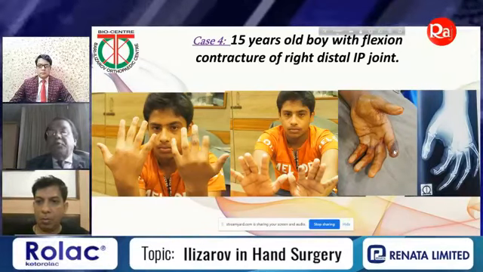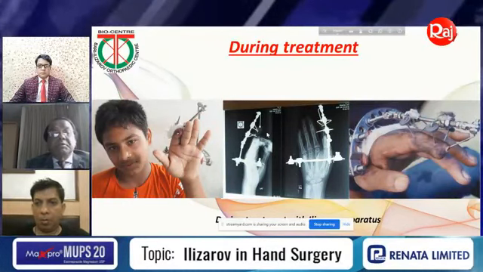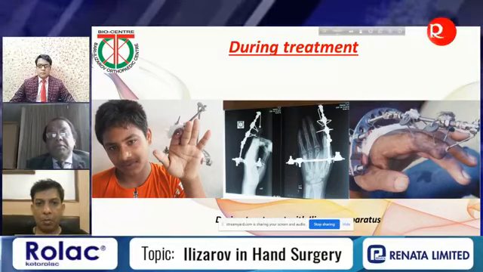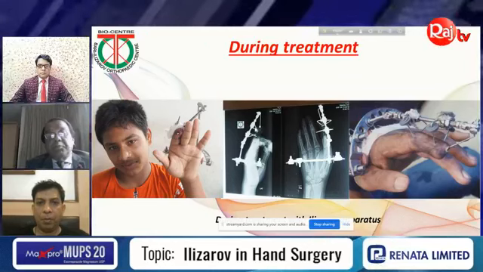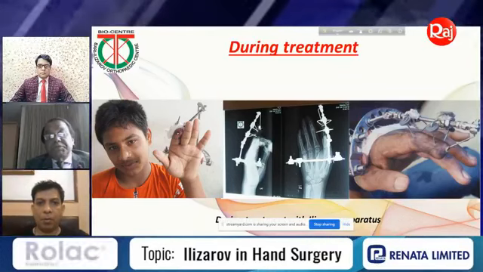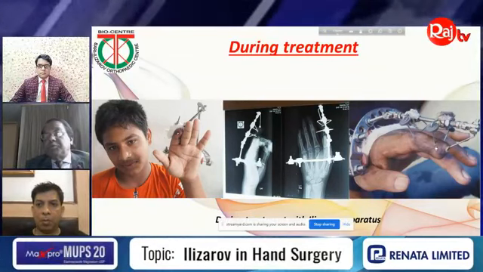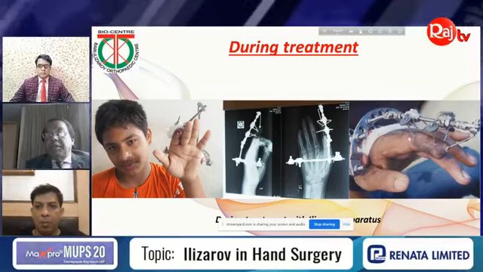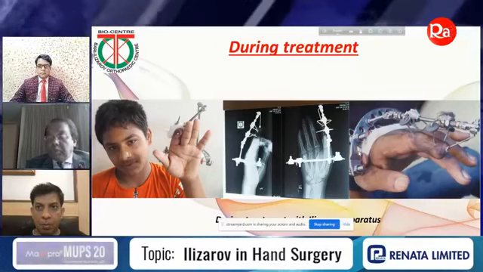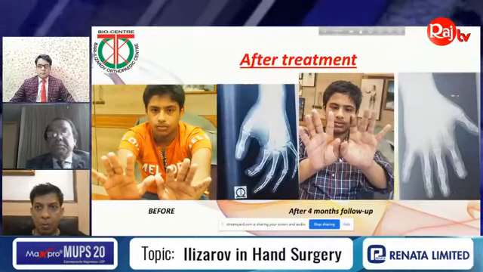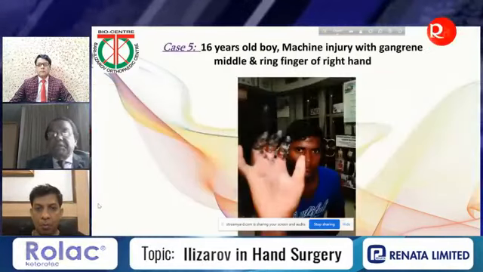Then I started fixing with mini fixator. What I have done, you can see here, just one bow here, mini fixator, and here the distal part was angulated. I put 2 wires here, 2 fixation and olive. Gradually I pulled this one distally, and the fixation was like that. The mini fixator, 1 arch, the bow, and then gradually, see, this is almost corrected, almost corrected. Before that, and this is after.